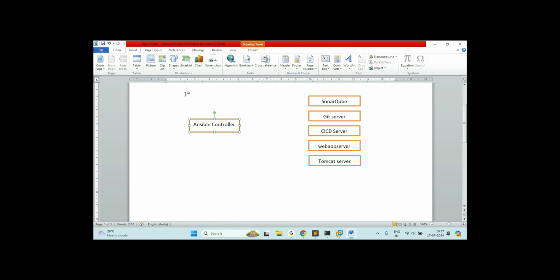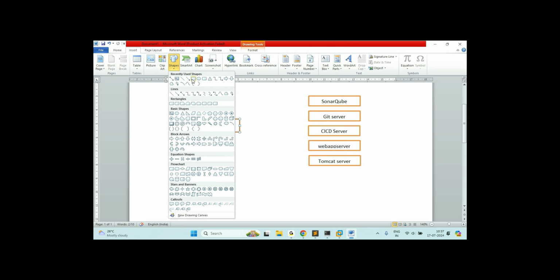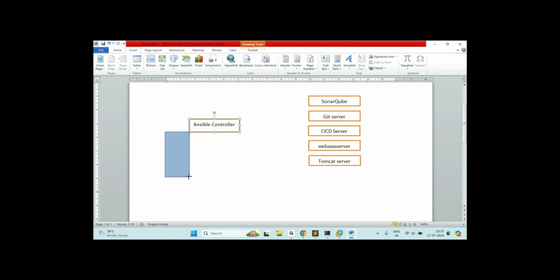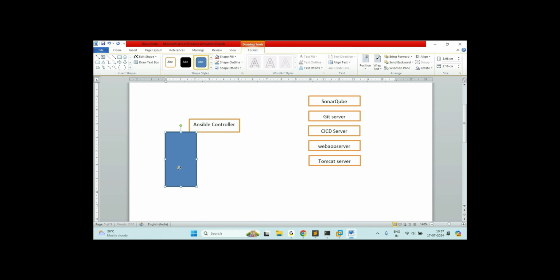Then in the controller machine, in this file, the /etc/hosts file, what we have to do is add the